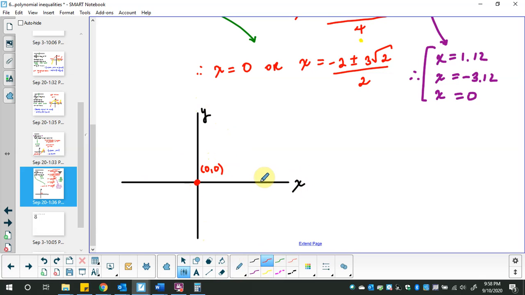Here's my 1.12. And just to annoy some of you, that came from the positive version. And then negative 3.12 came from the negative version. And then I can do